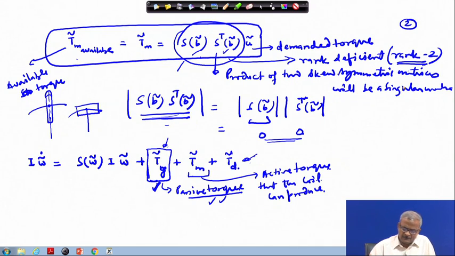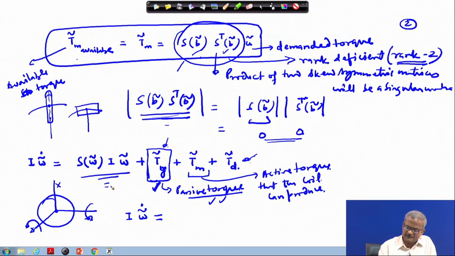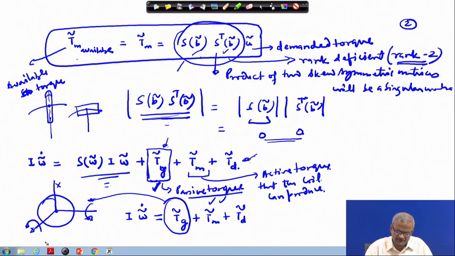Now, the problem is, let us suppose that I have a sphere, and all the time the torque is available only along this axis and this axis. So, I cannot actuate along this, because in the case of the sphere your dynamics, this part will be 0, and you will have only T g, T m plus T d. And as you know, the gravity gradient does not make any difference to the spherical satellite, where the moment of inertia along all the 3 axes is equal.